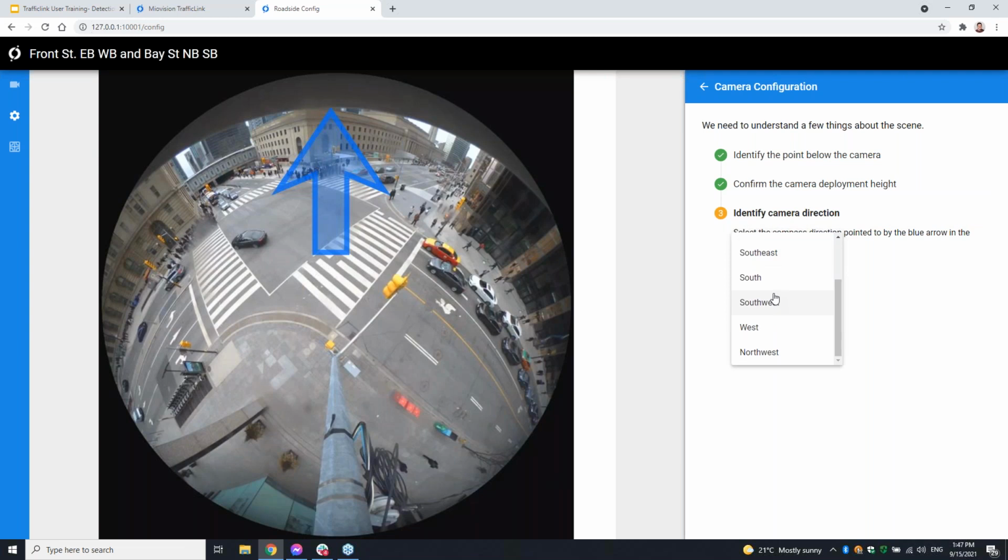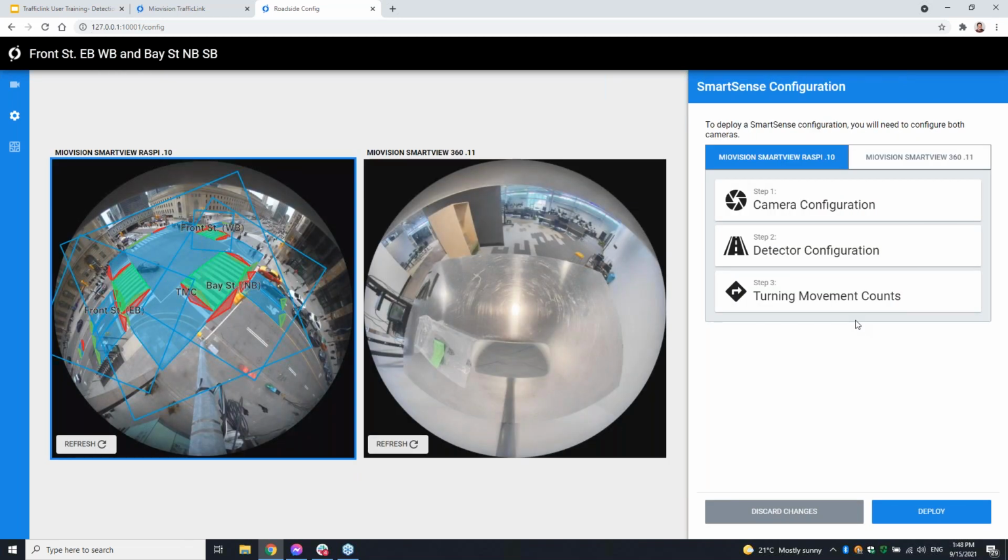We're actually on the northeast corner of the intersection, so we're looking to the southwest corner, directly across. So it's pointing at the corner, which means to the left is going to be the south side of the intersection or a northbound approach. To the right is our west approach or eastbound traffic. We're going to use that as a concept as we work around the configuration. So that was setting up the camera: three steps of camera configuration, height of the camera, and direction it's facing.